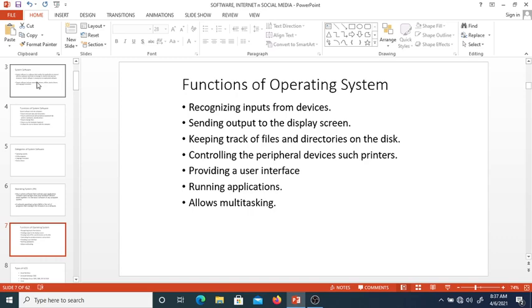The operating system also keeps track of files, folders, directories on the drive or on the disk. It also helps to control all peripheral devices so that the peripheral devices can communicate with the computer system. The operating system also gives the opportunity for the user to interact with the computer by giving that user interface. The operating system also allows us to run or install our applications, which we can use in solving some